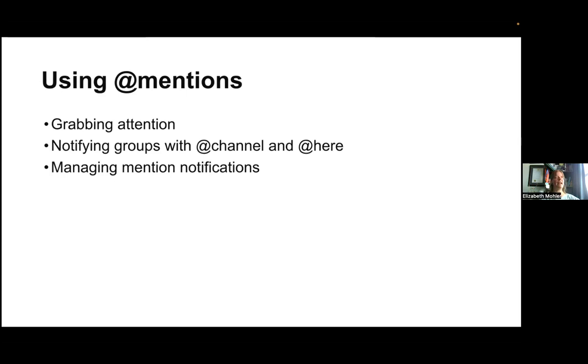We've talked about this, but at mentions are about grabbing attention, like a little alarm bell, saying hello, we want you to do something, notifying groups in a channel with at here. That's a nice way to notify an entire channel. You can also manage your mentioning notifications. I think I talked at the beginning of the presentation about how sometimes there are too many notifications. You can actually turn that off in Slack. You can decide whether you want to be notified every time there's an at mention. I like it because it keeps me accountable, but you might find, depending on the groups that you're in,